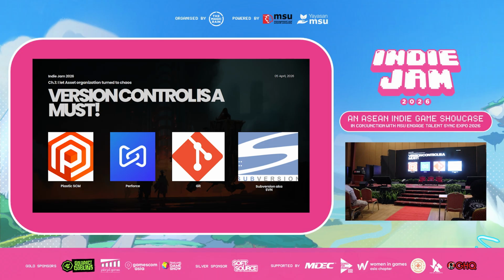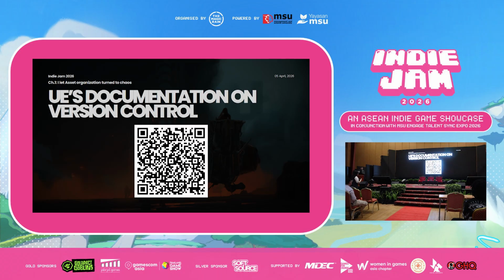Or what we are using now is Plastic SCM, which is owned by Unity. And I think up to a certain project size it's actually free to use. So for an indie game where maybe you don't even need 50 gig or 100 gig, I would recommend Plastic. And the best part of Plastic is it's cloud-based, so you don't need a dedicated server. You don't really need a very big DevOps team, and it's very artist-friendly.